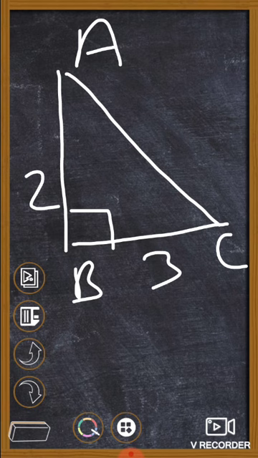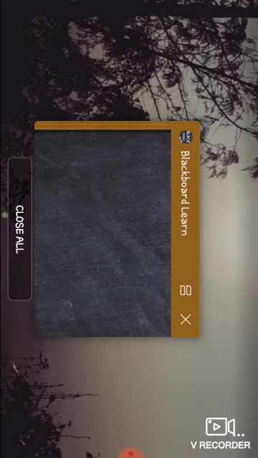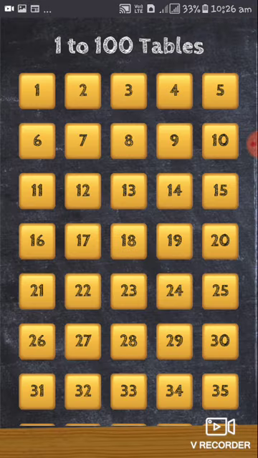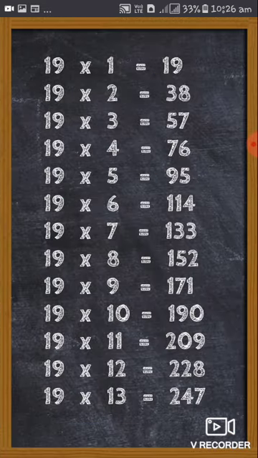This is one thing. Now at the same time, the teacher wants to know about the table. What will be done then? Come out from this. Your table app is already ready with you. See, this is again coming with the Blackboard only. If you are pressing 19, it will show you the table of 19. The quick access of the table. And you can read out the table. So this is one usage.